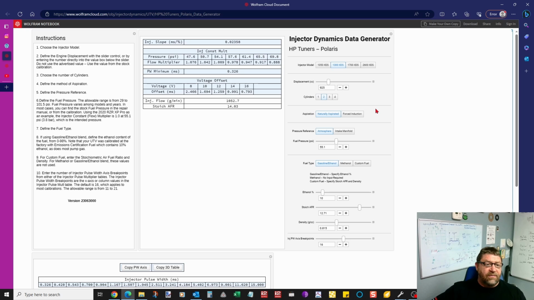Tell it how many cylinders you have, in this case 2. Now it knows the displacement per cylinder. And aspiration, well, it's not naturally aspirated. It's not an RS1 or an XP1000, so let's switch to forced induction. And pressure reference. The question there is the pressure regulator reference to the atmosphere or to the intake manifold? So let's assume that you did the right thing for a turbocharged vehicle, which was to convert to a returnless map reference system. So click on intake manifold, and our standard return style system is 3 bar, which is 43.5